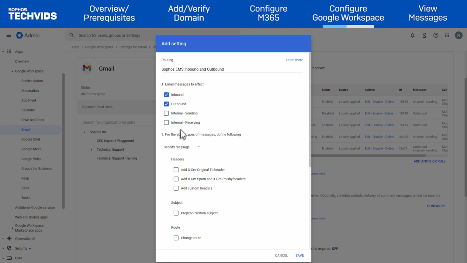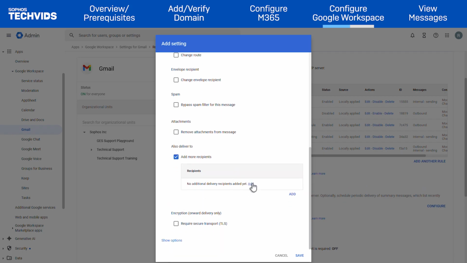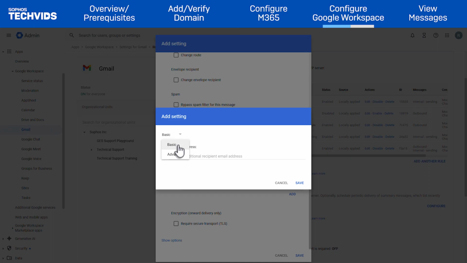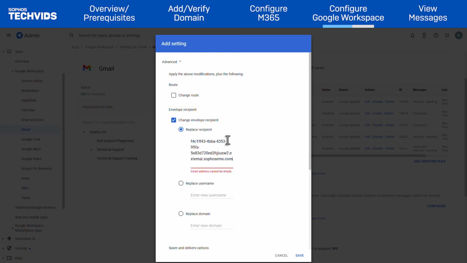Ensure Modify Message is selected. Under Headers, select Add X-Gm-Original-To header. Then in Also Deliver To, choose Add More Recipients. Click Add, then select Advanced. Next, in Envelope Recipient, select Change Envelope Recipient, then enter the email address of the envelope recipient from Sophos Central